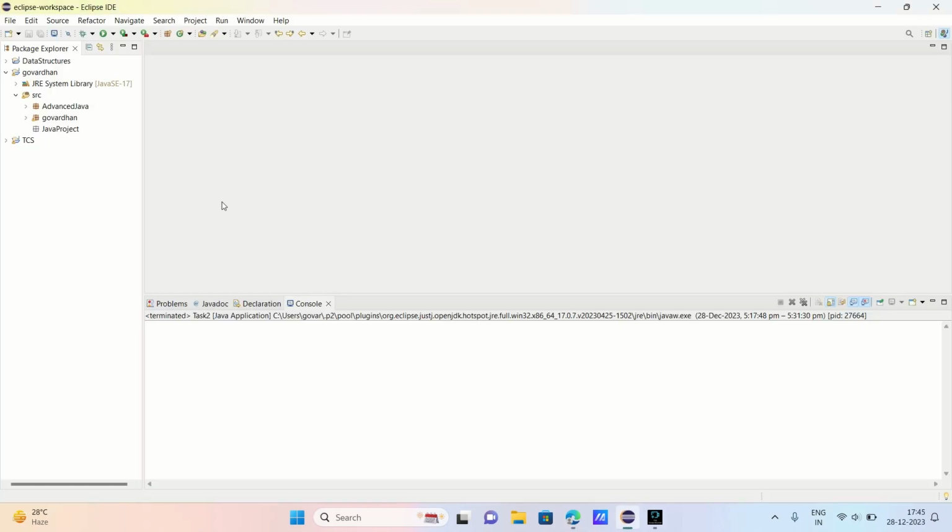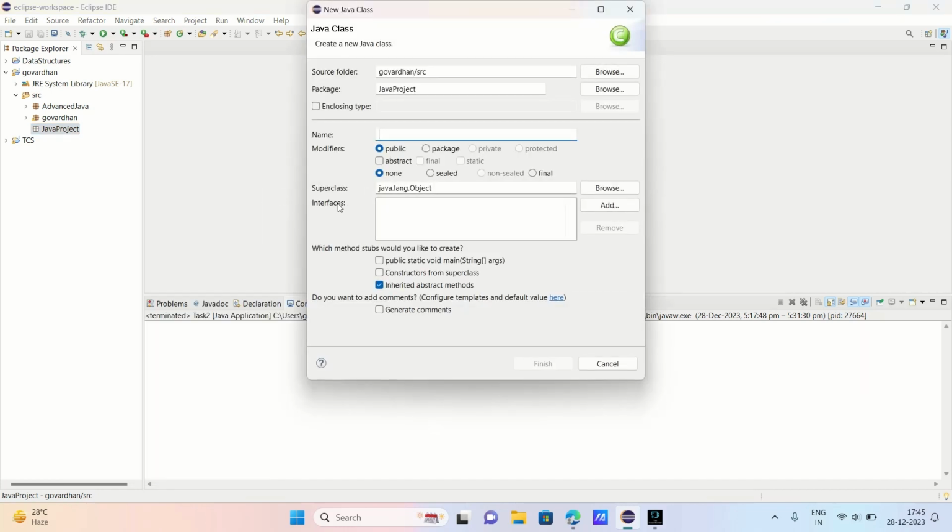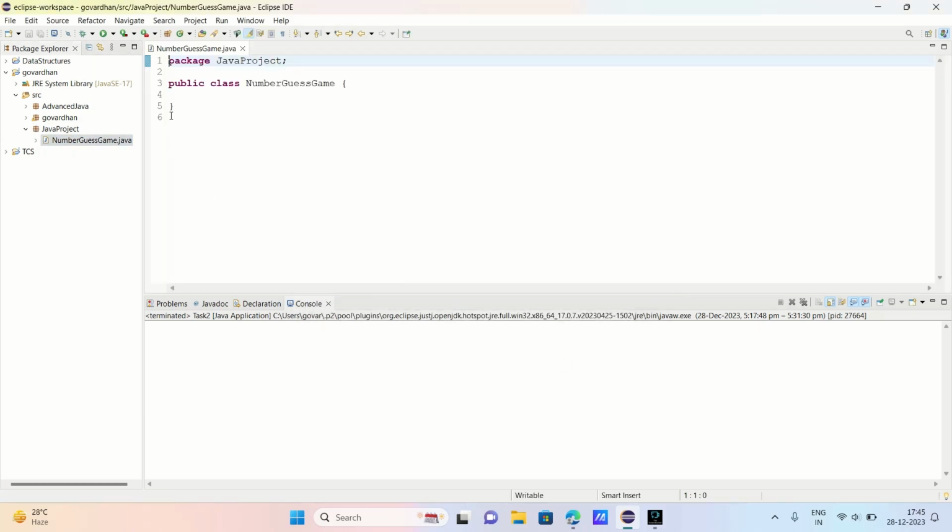Let me open Eclipse. I'm using Eclipse for writing Java code, guys. You can use any type of software as you wish. There is no problem. First I'll create a class named number guess game. I created a Java file named number guess game, and I created a class named number guess game. First I need to import